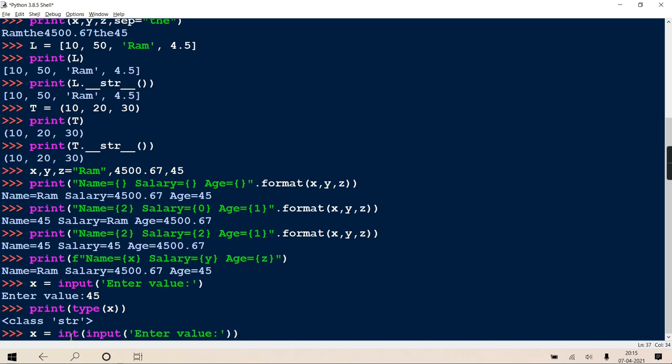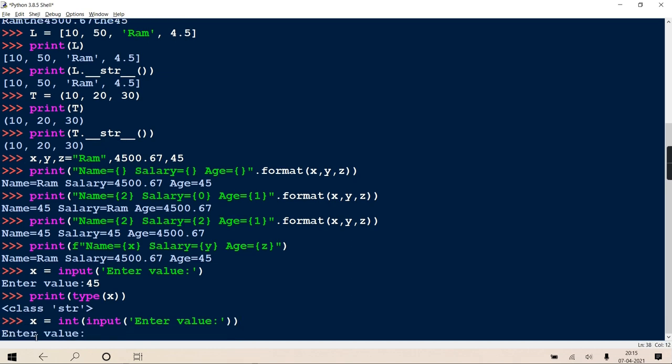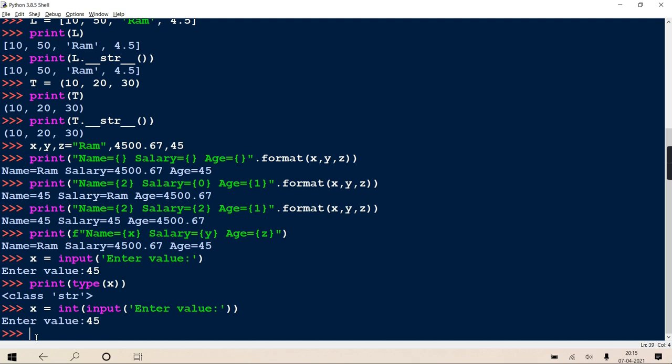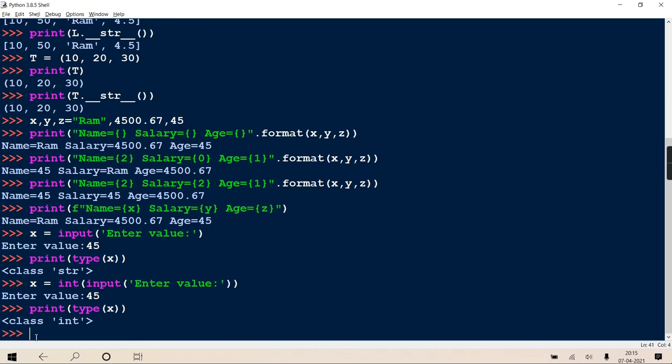That string will be given to int, and int will convert the string to an integer, and then it will come into x. Suppose I give 45 only. Now if I check the type of x, it won't be class str, it will be class int. See carefully, class int. Why? Because you have converted that string to an integer and then collected it.